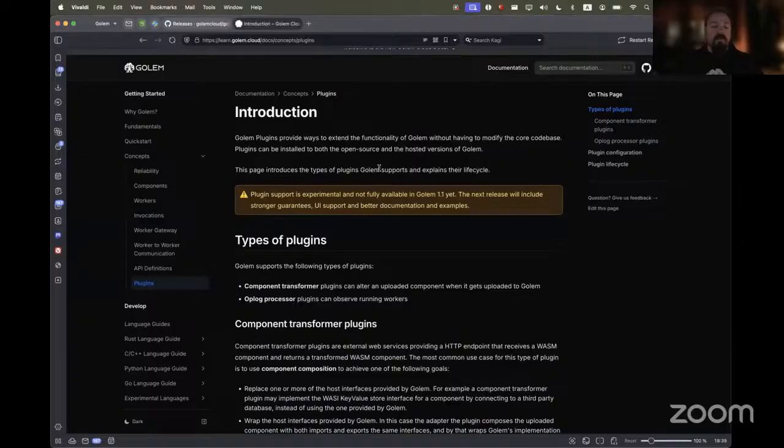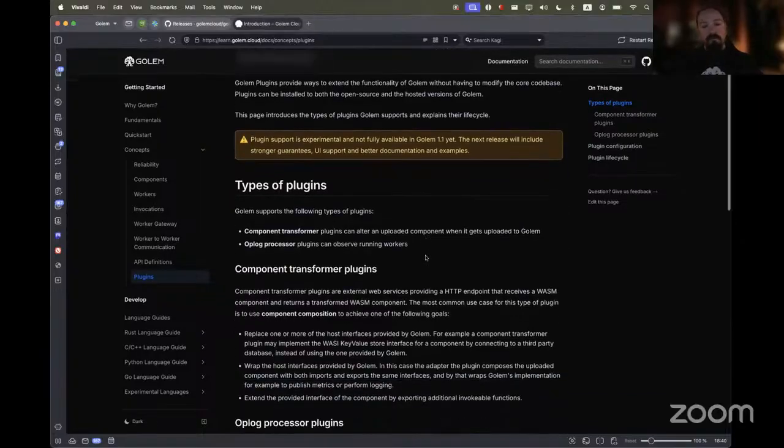We have an initial documentation for it, but we don't have good examples yet. And we don't support all the guarantees that we are planning to in 1.1, but this is something that will be finished and then be fully supported in the next version. But still, I wanted to tell a few words about it. We have two types of plugins, and